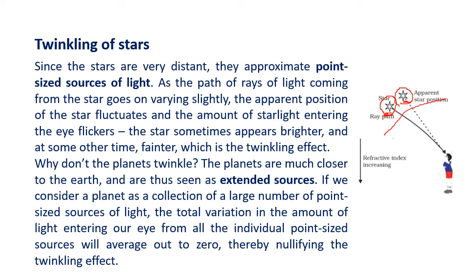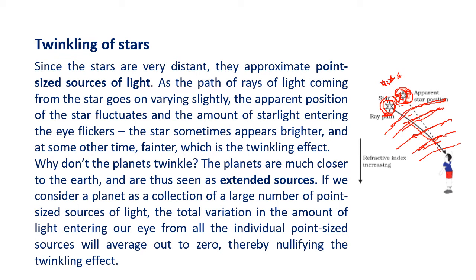Now these layers which I talked about are not uniform. It is air, and air constantly keeps on changing. So because the layers of air keep on changing, the light traveling to the eye also keeps on changing. So though the real star is here, we see the apparent position. Sometimes the star appears here, sometimes it appears here. So the star keeps on changing its position. The star is sometimes seen over here, sometimes over here, sometimes over here.